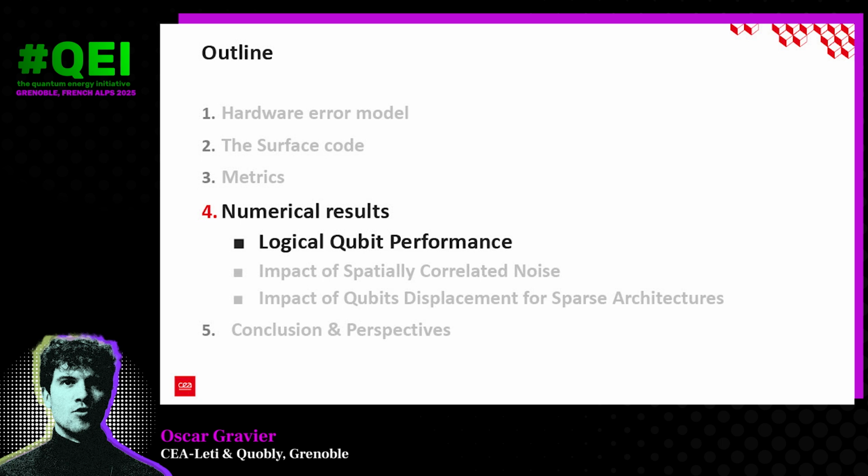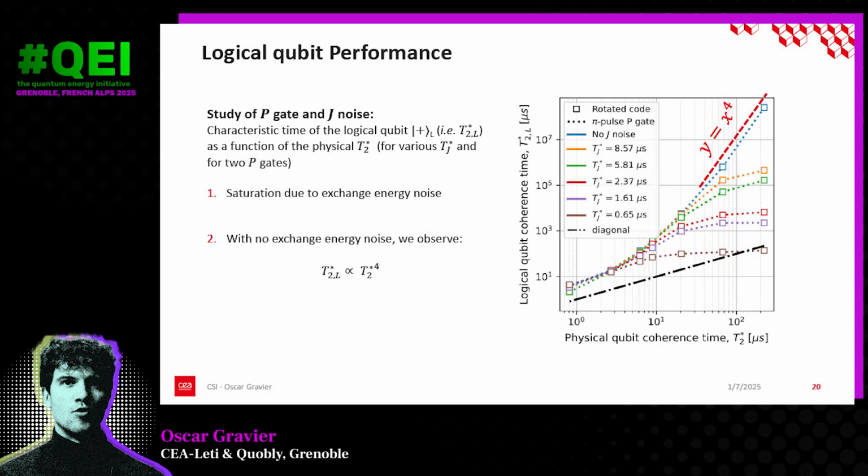So now that the metrics have been exposed, I can switch to the logical qubit performances. Here, I'm plotting the logical qubit coherence time as a function of the physical qubit coherence time for different values of TG star, which will be fixed. The first thing that we can see is that there is a saturation of the performances of the logical qubit, and this can be explained by the fact that because we have a fixed noise in G, as T2 star is growing, the fidelity of the 2-qubit gate is limited,